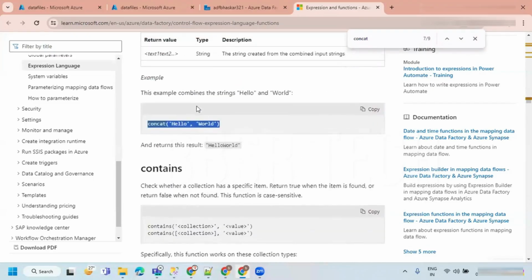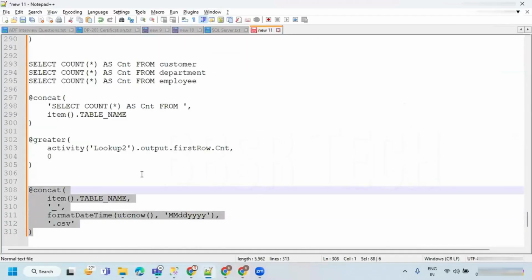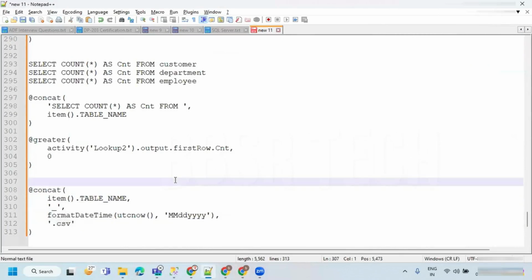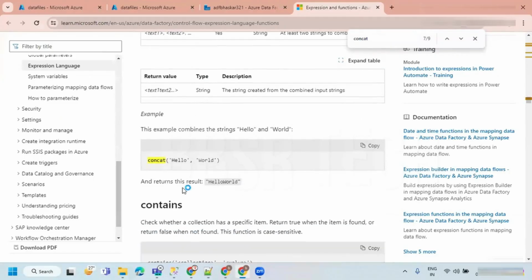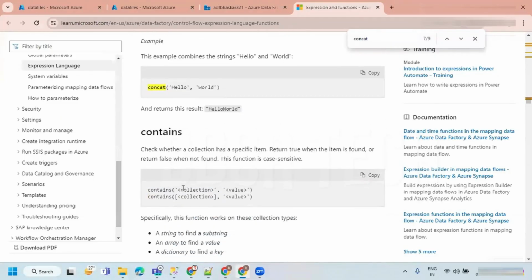Basic examples will be there, but when it comes to our side, we write as per the real-time requirement. Makes sense, sir. You just go through this kind of thing, you'll get some idea. Whatever function I'm using, you can go through that. Okay, then I'm stopping here today, and tomorrow we are going to see get metadata activity.